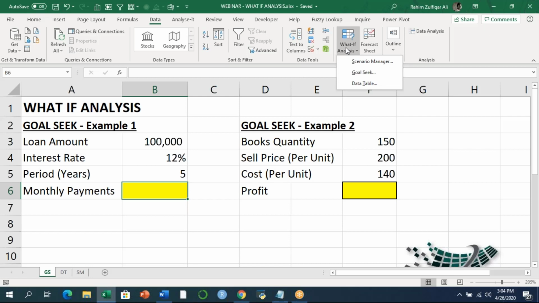When setting up a worksheet to use Goal Seek, you need to have a formula in one cell, and I will explain with these two examples right on your screen. We need a formula in one cell and the variable for the formula, whose value we want to find, in some other cells. So you have the formula, but Goal Seek can manipulate one variable so that at a time the others will remain constant. And let's begin with the examples first.